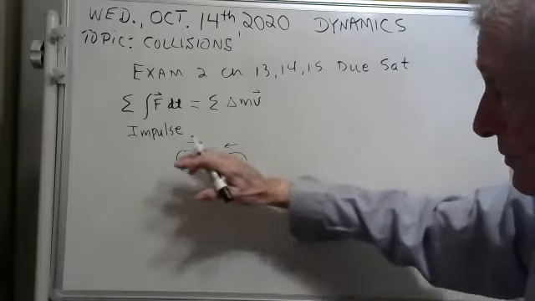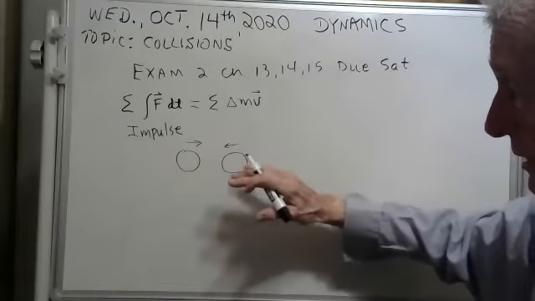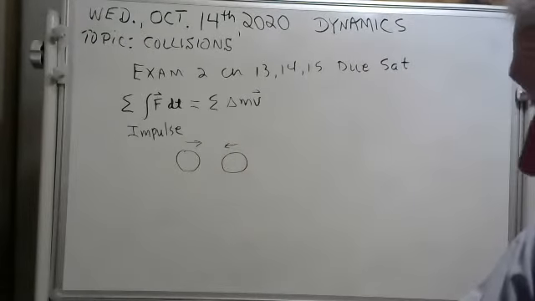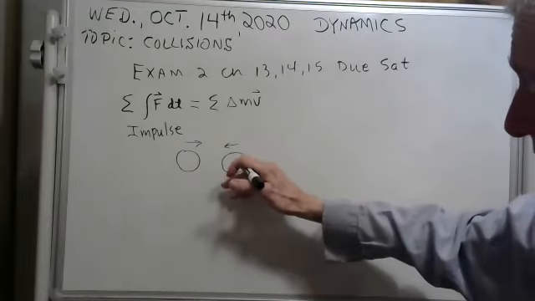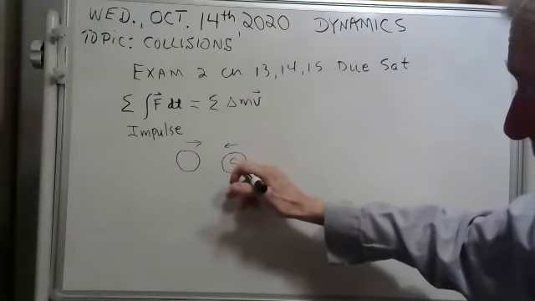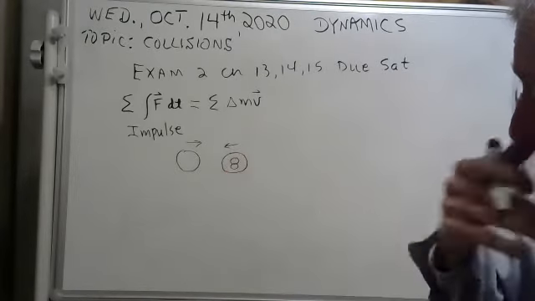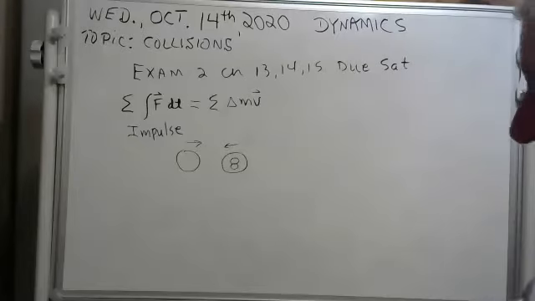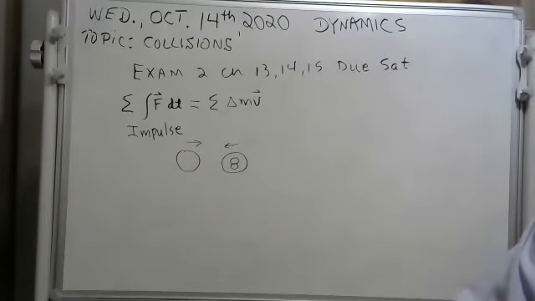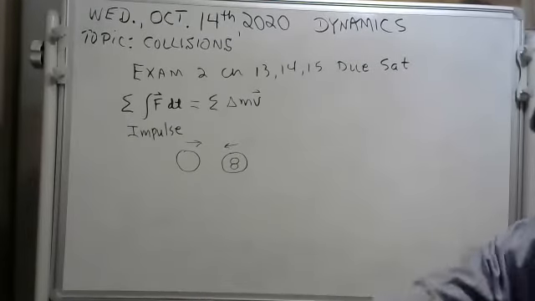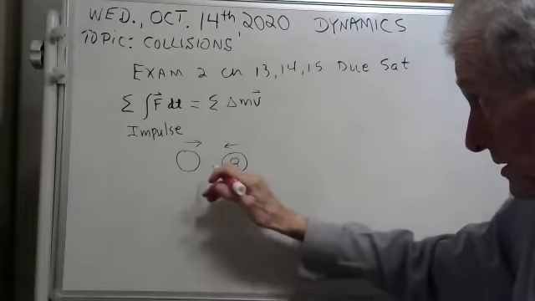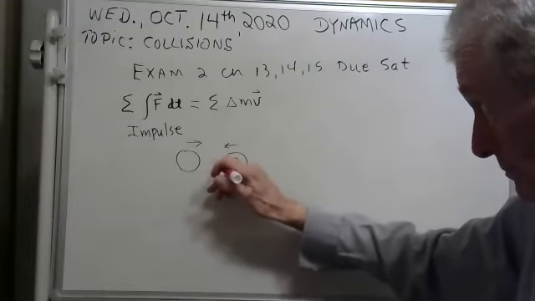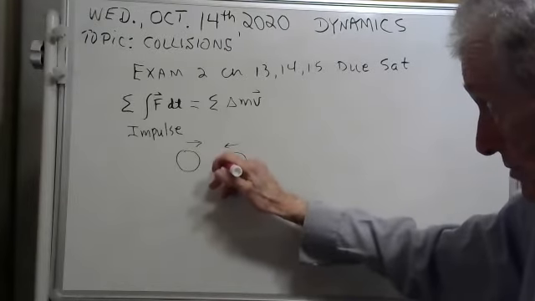Here they come. Well, one's a cue ball and one's maybe an 8-ball, okay? This is the 8-ball. And then when they hit, the forces are equal and opposite. This ball puts a force on the